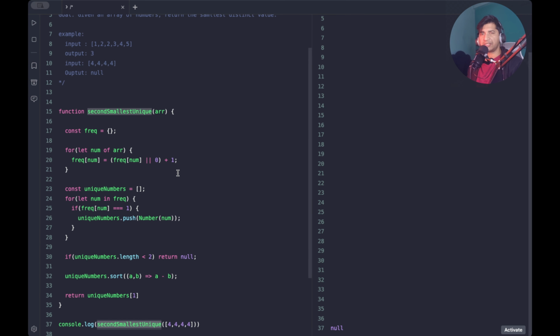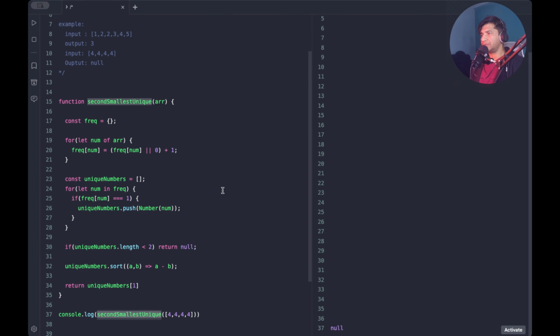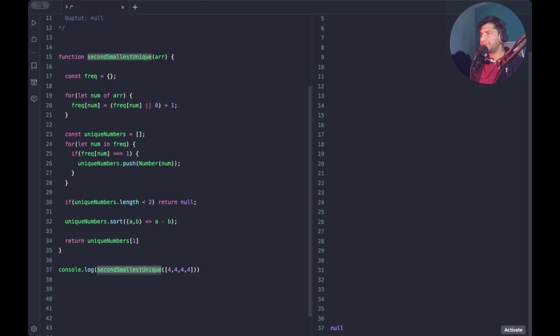Okay, now let's jump into our second problem, which is related to async behavior of JavaScript. So for today we have a very common, very interesting, very useful function, which is debounce. Let's jump right in and try to make our own debounce and see how it works. So the next problem statement is,